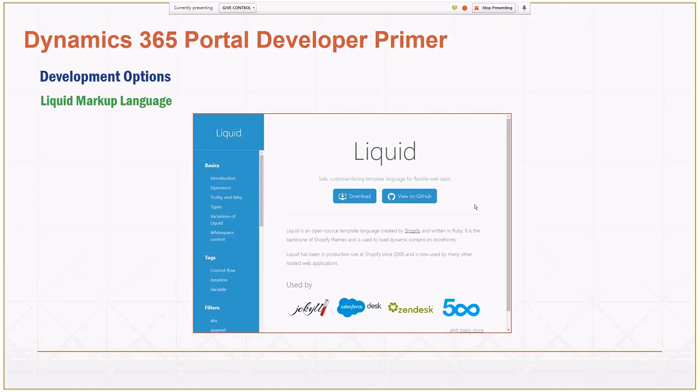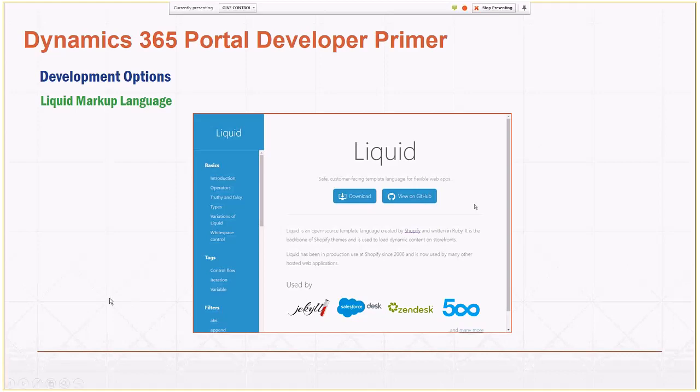It was developed by Shopify, and the folks at ADX incorporated it around, I think, version 7.0. They were looking for an ability to control content dynamically on web pages, but realized that people didn't always have the Visual Studio skill set, or were creating a lot of custom page templates that were very difficult to upgrade and to push updates to the portal. So they wanted to find a way to go beyond regular HTML, and they use this Liquid language.